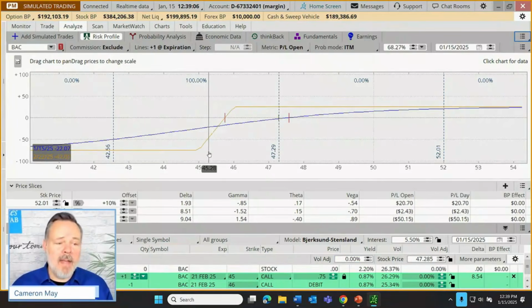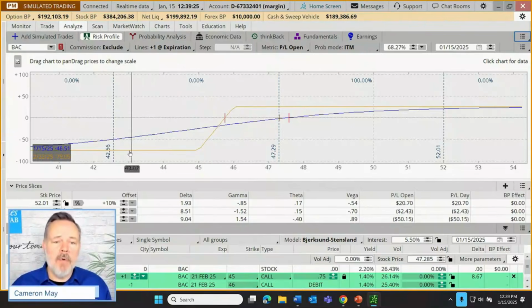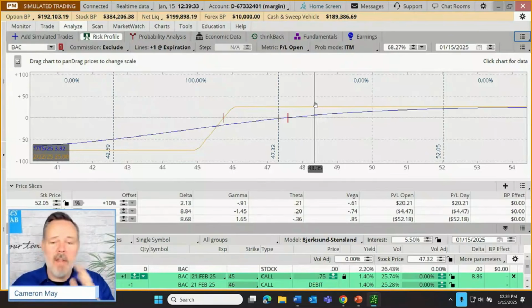And I want to say it's kind of nice that a trader can look at the potential for profit or loss on an individual trade, as they say, they want to make that trade. It can be a single leg trade. It can be a vertical spread with 2 legs. It can be an iron condor with 4 legs. We can put in a custom strategy with all kinds of numbers of legs. And this will draw for us a profit and loss line for today, for future dates. We can manipulate price, time, and volatility. All those things can be done, but we can also do it to analyze an entire portfolio.